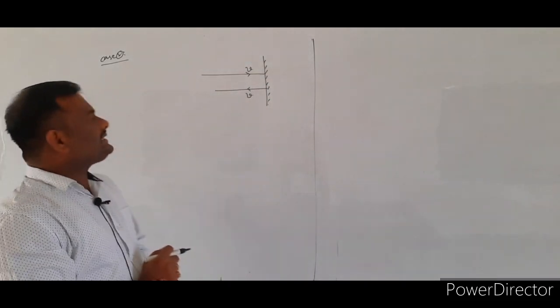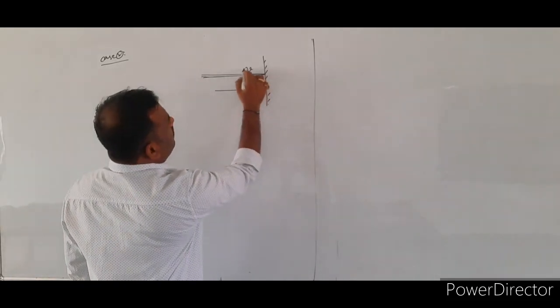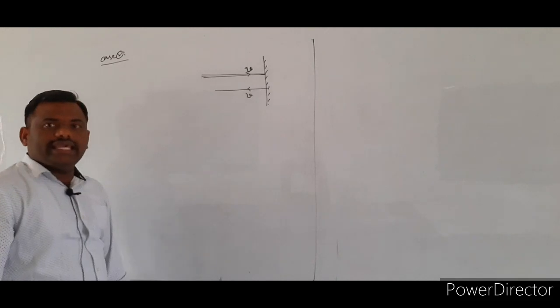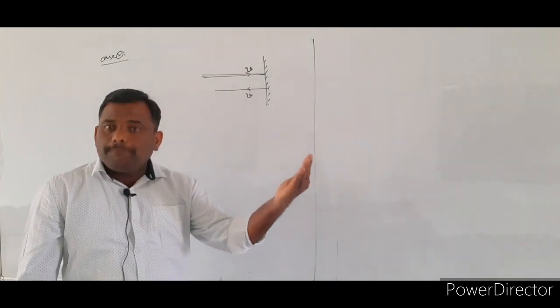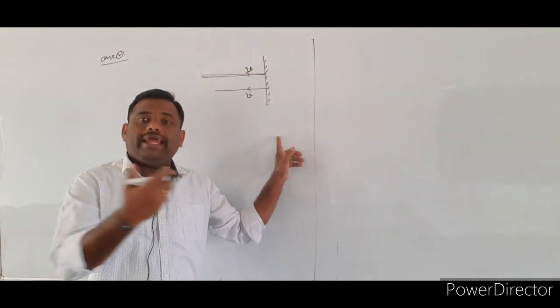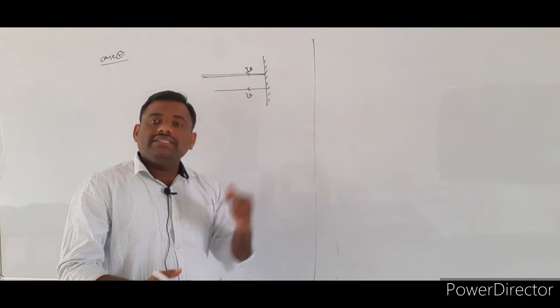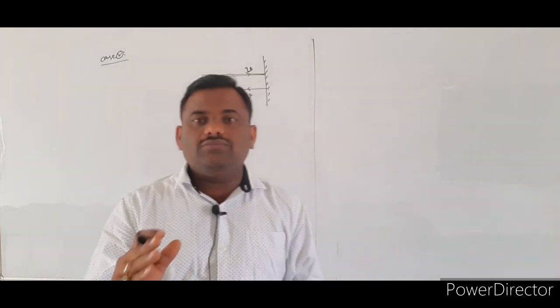So in the second case, I am assuming that initially the water jet strikes the vertical wall with a speed of v. Again the water jet bounces back from the surface of the wall with the same speed. This type of application we discussed in the last class in the case of the change in momentum.